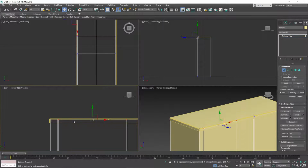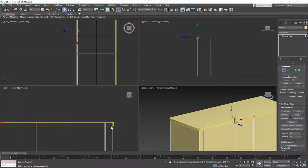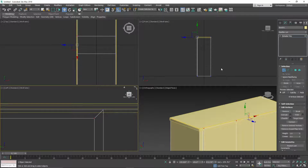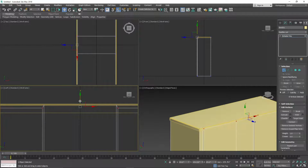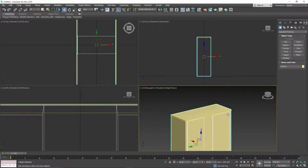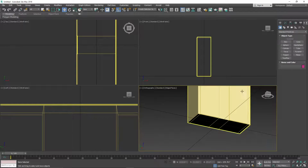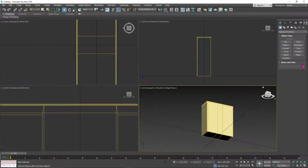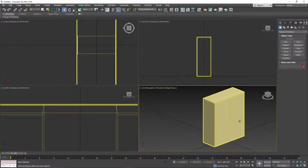We just want where the door is. So I'll control, and I'll hit those all at the same time. And now what we'll do is we'll just bring that down right there. So now it's below the little jank shed roof. And there we go. You got your cabinet. Pretty basic. You know, that's a relay cabinet. Now if we want to go